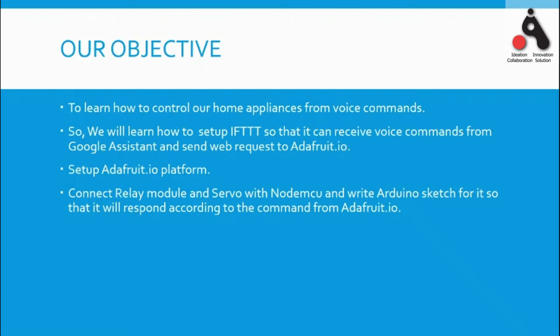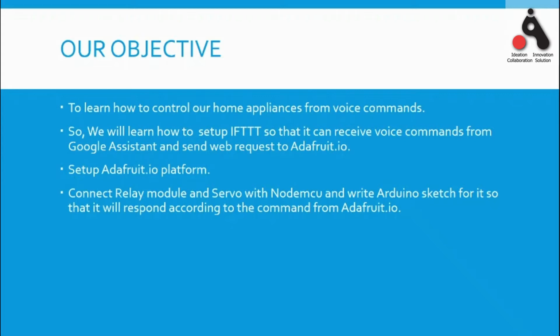There is a thing in IFTTT which is called applets. Now the second point is to set up the Adafruit.io platform. We need a basic understanding of this platform so that we can perform actions, and we will write code according to Adafruit.io, because we have written code so that we can control these things in a certain manner, to control our servo motor and this light bulb which is connected to the relay module.